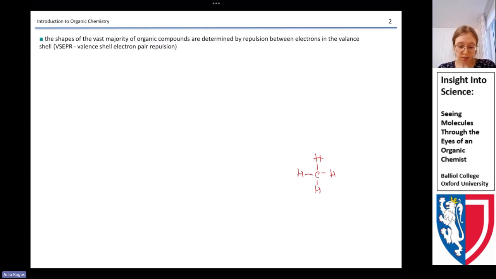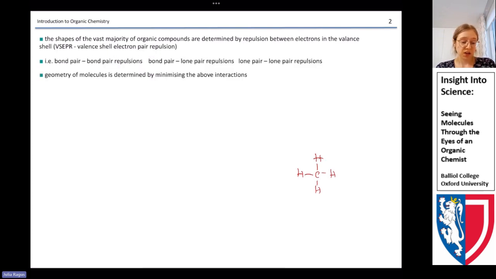The shape of methane can be determined by VSEPR, which is valence shell electron pair repulsion theory. It's covered by your A-levels and also during the inorganic lecture course in the first year of university. In general, this theory says that the geometry of molecules is determined by minimizing all interactions between its electrons and bond pairs. In methane, we have four